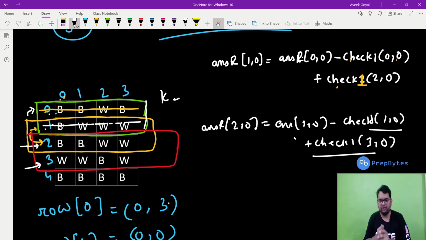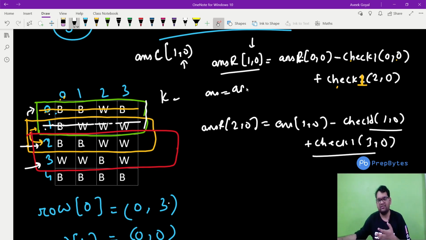Fine. Okay. Now the answer R, we will store how many rows are becoming white lines by clicking 1, 0. Similarly, we will have an answer column, and in this we will store, if I click 1, 0, how many columns will become white lines. Finally, the answer is nothing but answer R 1, 0 plus answer C 1, 0. Fine. And we will get the maximum of all that and we print the answer. So I have divided this so that it becomes easier to understand: for this we will store rows, in this we will store the columns, we will add them afterwards, and then we will print the maximum one. That is a simple task. Now, though, understanding this was not so simple a task, correct?